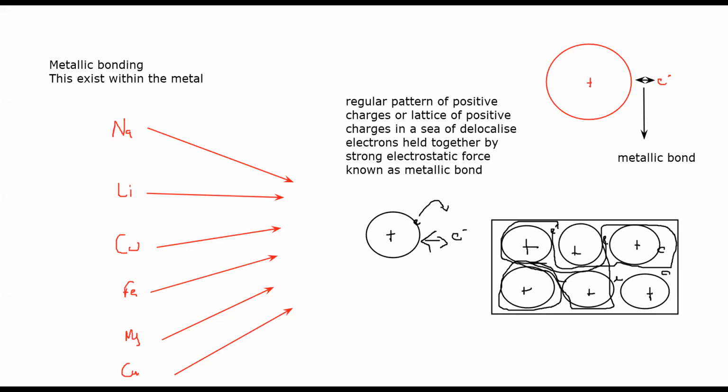And metals also have a giant structure. When we use the term giant structure, it means there are millions or trillions or an infinite number of atoms within the structure. Like when we say macromolecules, which have an infinite number of atoms, metals also have many ions and electrons within the structure. Take this screenshot and then I'll move on.